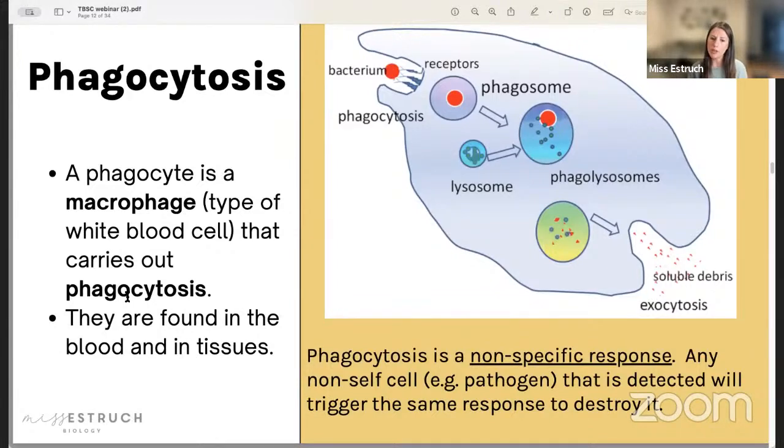So you might say, well, I don't understand what a non-self cell is. And that's when I could say to you, non-self cells are any cells that trigger an immune response because they don't have your antigens on the outside. So that could be